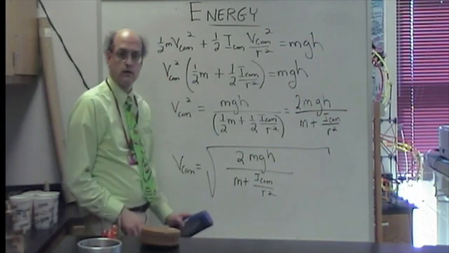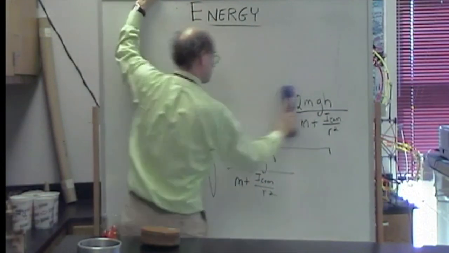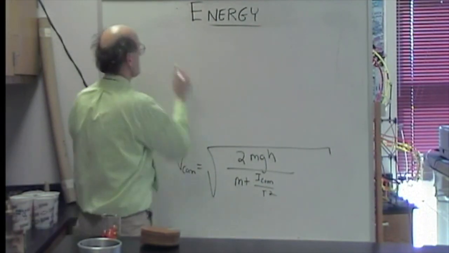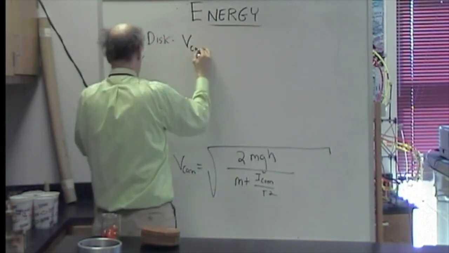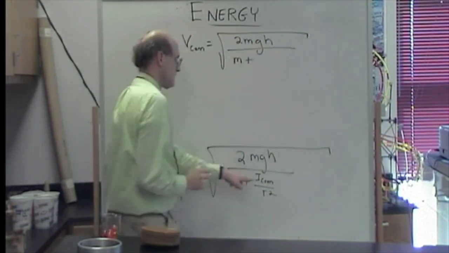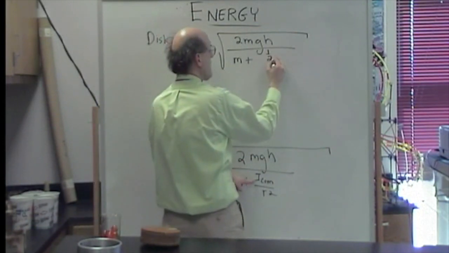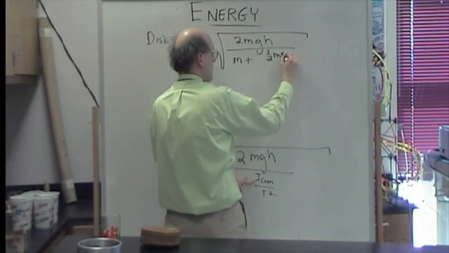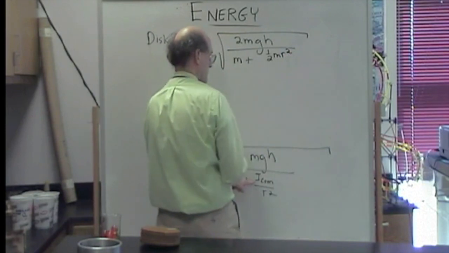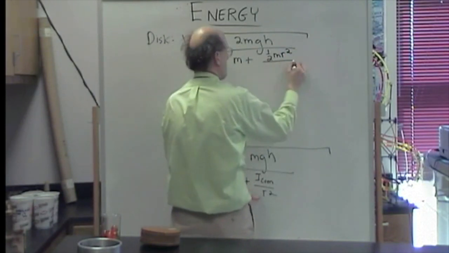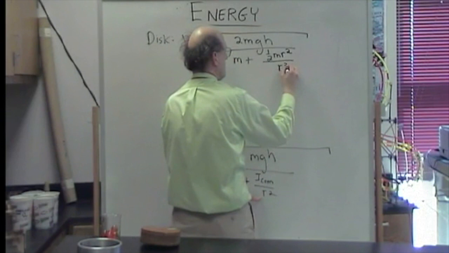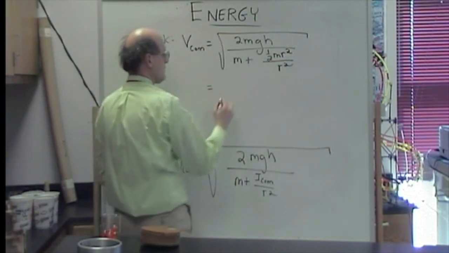Let's try this. Okay, let's first look at the disk. I for a disk is equal to 1/2 mr squared. Divide that by r squared. Simplifying, we get